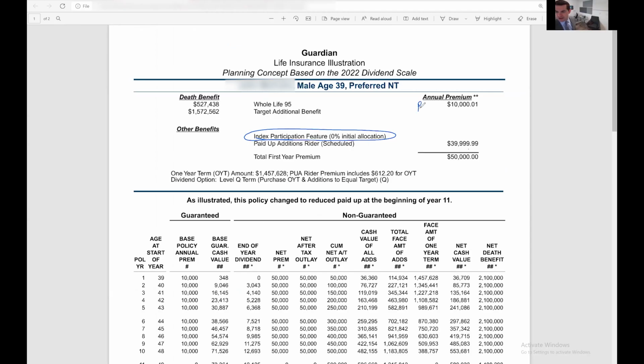But to touch on the main thing here, where's your money going? Premium, $10,000. That gets you a whole life death benefit of about $527. If we stopped there, that would give you a MEC limit of right around $23,000 or $24,000, right around that dollar figure. Here we've got a MEC limit of 100K,